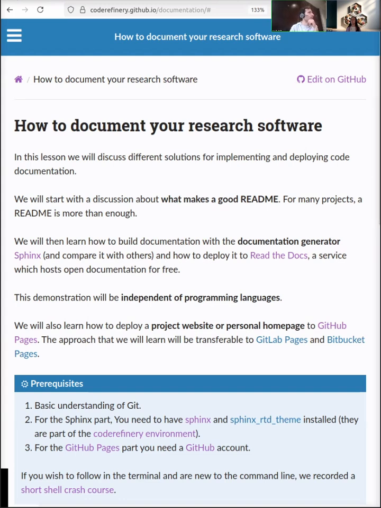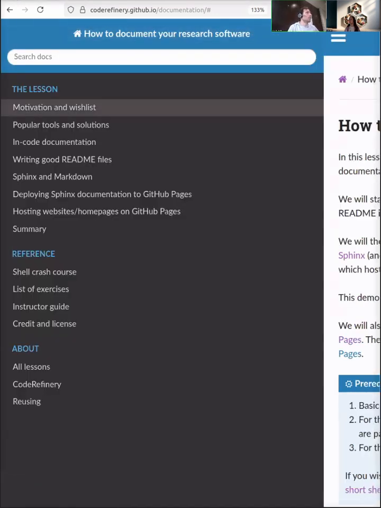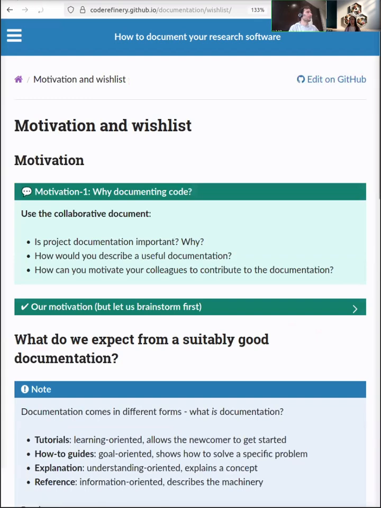So first thing is, just a moment. Motivation and wish list. So if you go to the first episode in the lesson, okay. What would we like to have in the code, and why would we like to document our research code? Do you have any opinion,